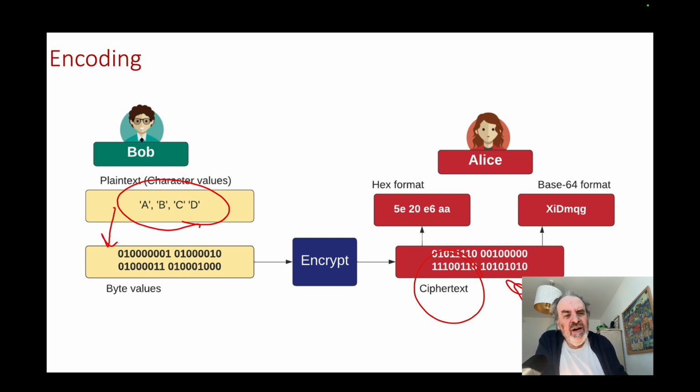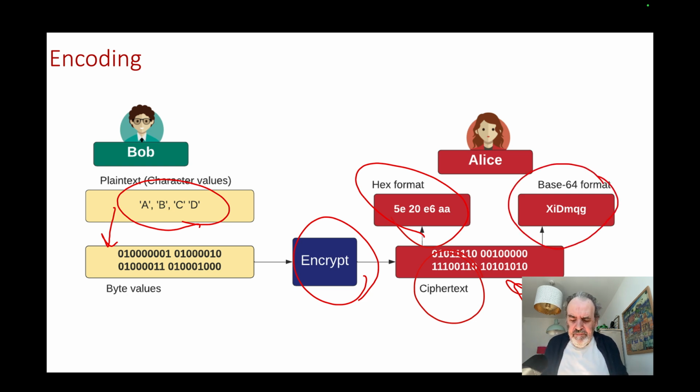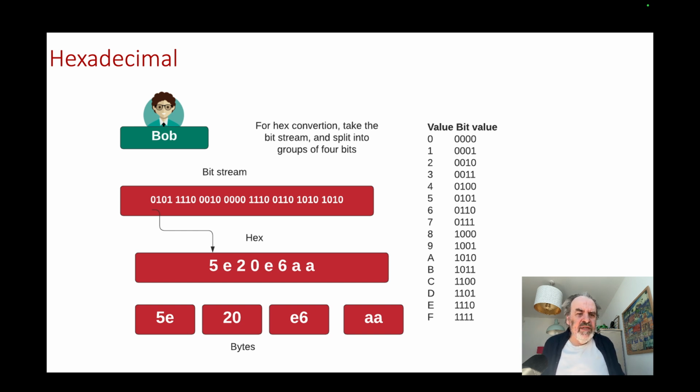So we convert our plain text into ones and zeros, and then we can encrypt into our ciphertext. The two main formats that we use to encode or interpret these ciphertext values are hexadecimal and base64. With hexadecimal, we take 4 bits at a time,